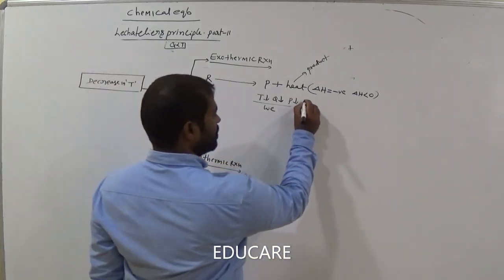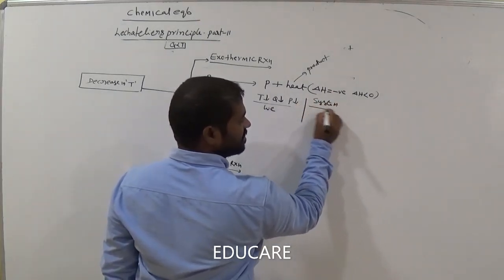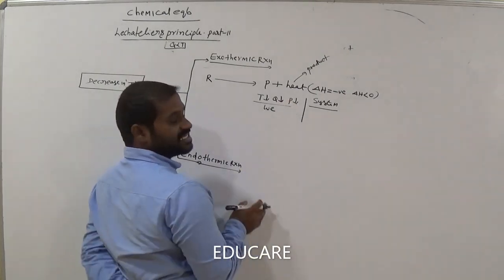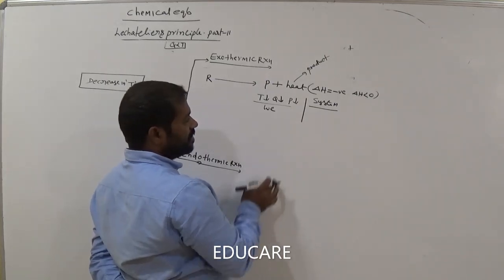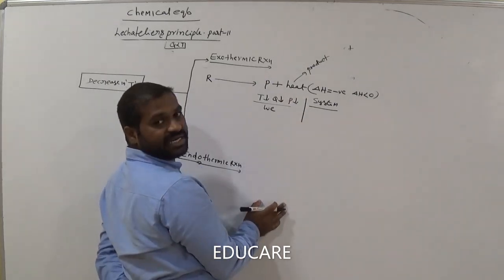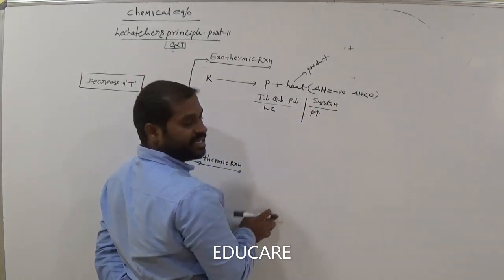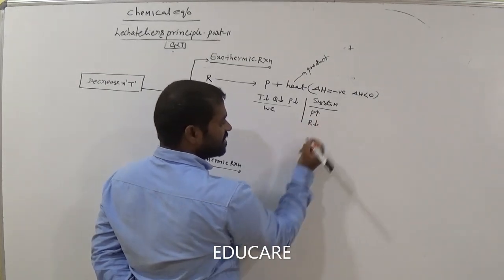Okay. Now what about the system? The system can do the opposite work. Am I right? Now the product concentration decreases. Is it clear? Now we decrease the product concentration. Now the system tries to increase the product concentration. Increasing the product concentration means decreasing the reactant concentration. Am I right?